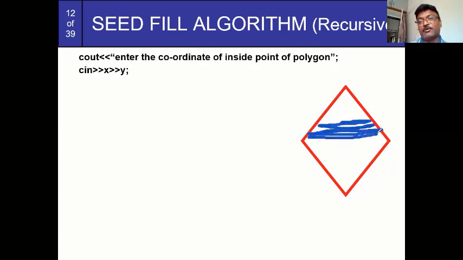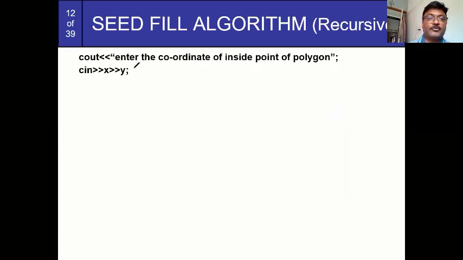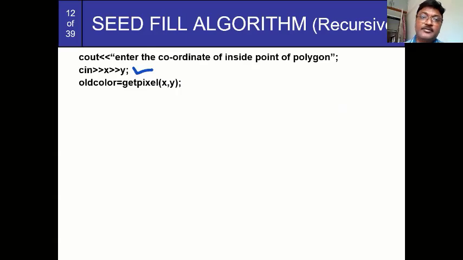But how can we fill it? What conditions are required? First of all, you have to read the x and y coordinates inside the polygon. After reading the inside point, then go for the old color. Once I have considered any polygon, this is the polygon that I have drawn.